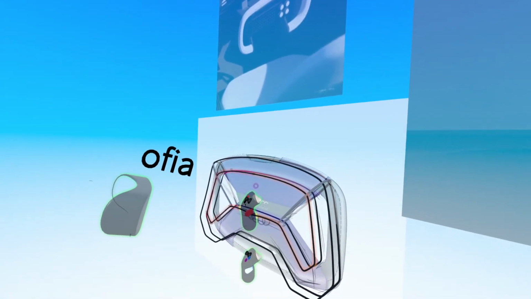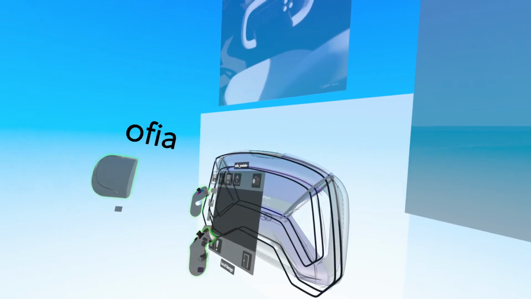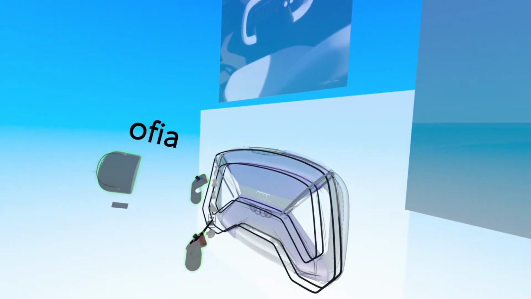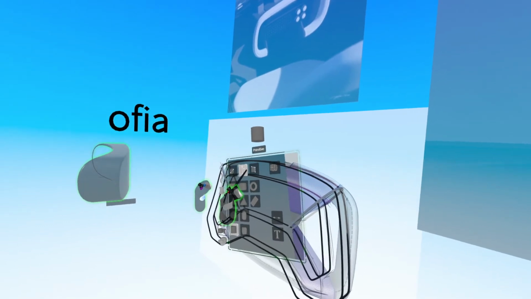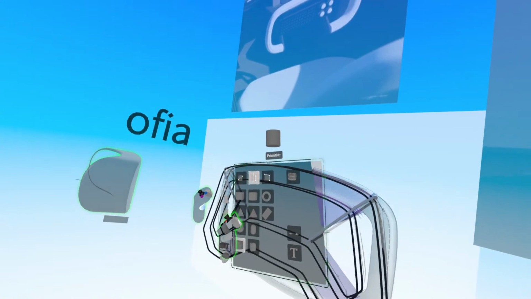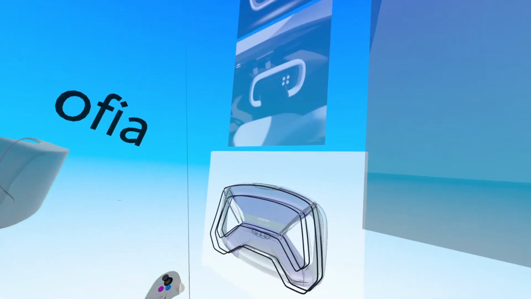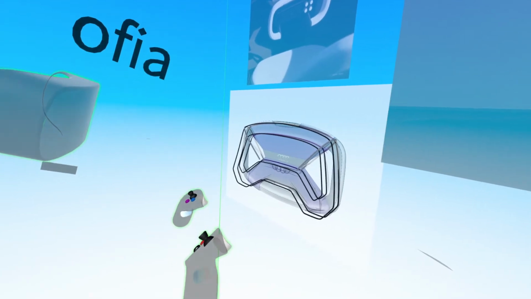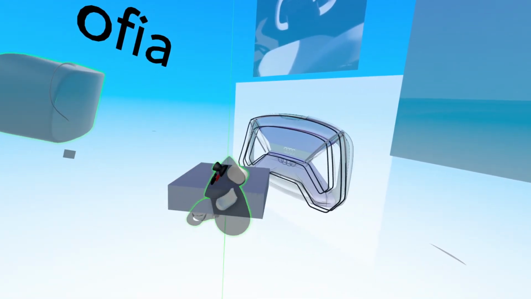Yeah, let's bring this down. And I think I'll create a simple rectangle here. I usually use the center line. This way you know it will appear in the middle. And I click here on the cube. And yeah, you position the center line. And then with your right hand, you create a